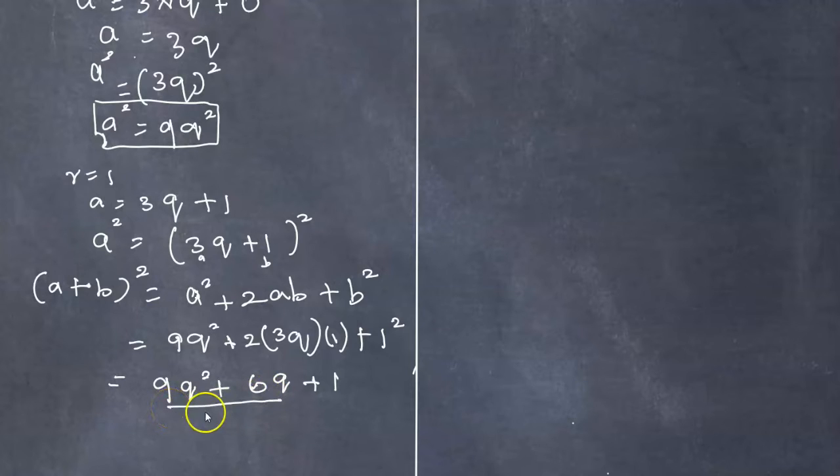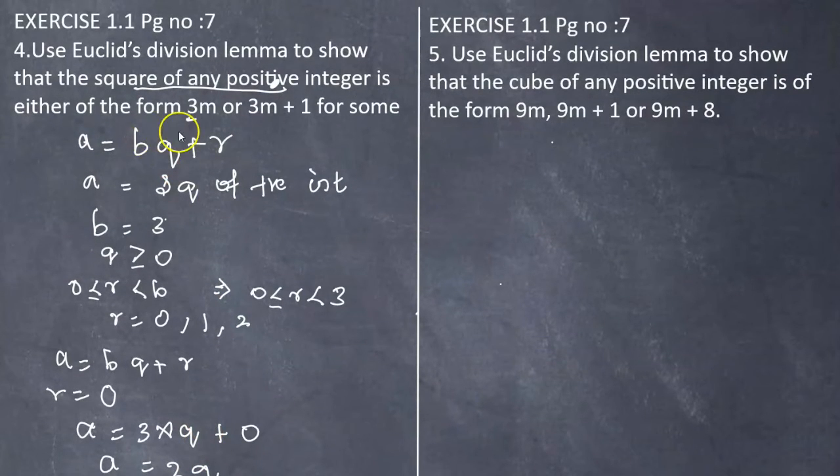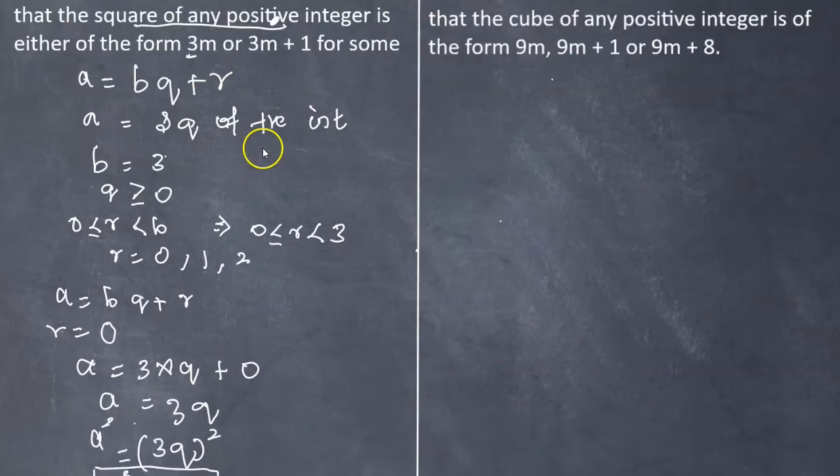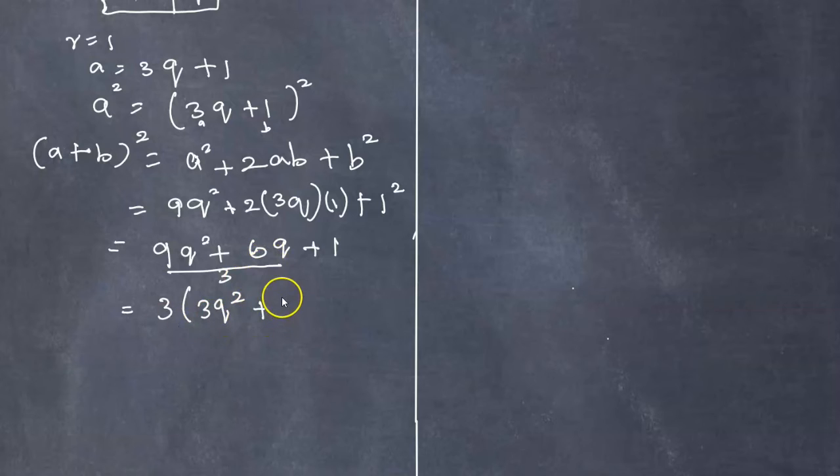So, in these two terms, 9 and 6, there is a common multiple of 3. So, let's take 3 out. We are taking 3 out because the question is in the form of 3. They are asking us to prove it in the form of 3. So, we are taking out 3. So, 3, we'll get 9 as 3 times, 3 into 3 is 9. And this Q square, this plus, and 6 will be like 3 2 times. And this Q comes down. Okay. Plus this one. So, this is the second equation.